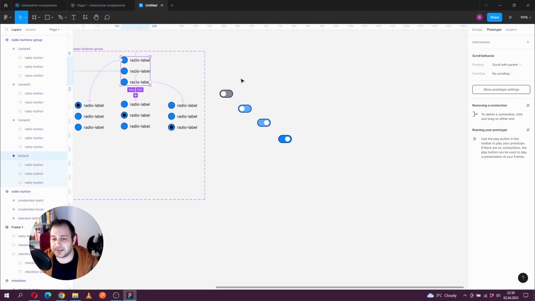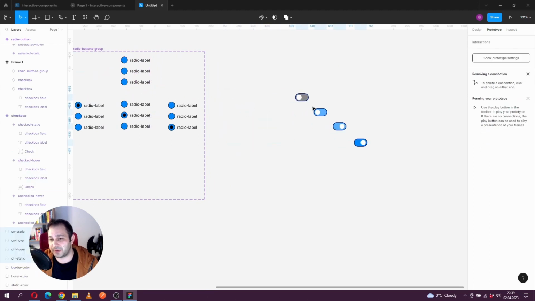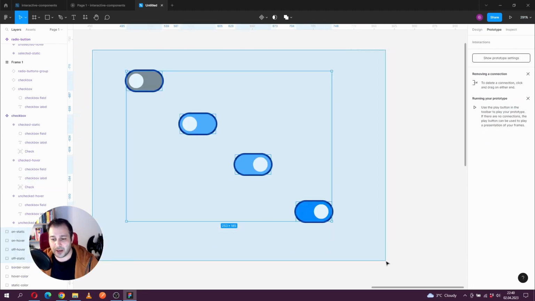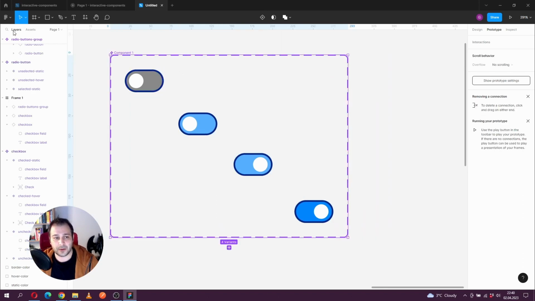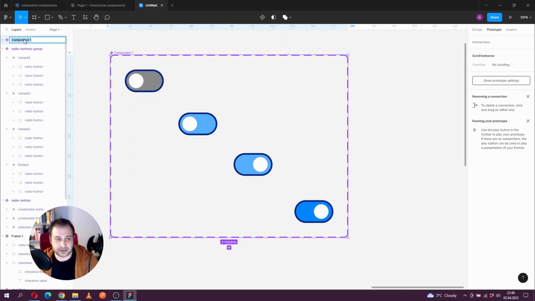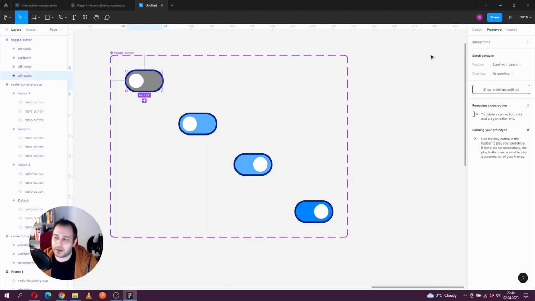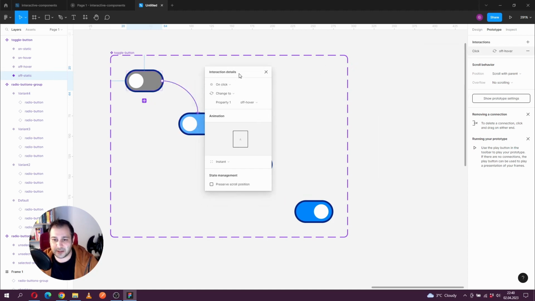Okay, last example would be with a toggle switch button. So I'm gonna select all of them and create a component set. I can give it a name, so let's name it toggle button. Okay, and from the prototype, let's connect the first one to the second one